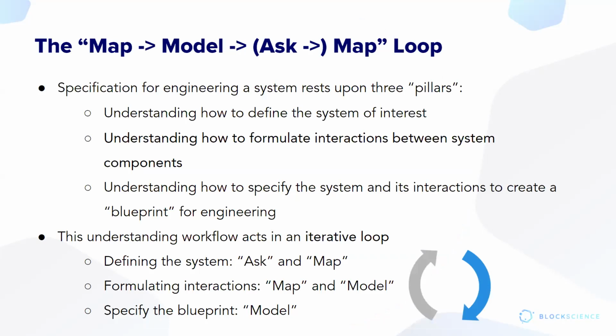So iteration, we can think of it lots of different ways. And here we're in that smaller loop that we've been talking about, where we've been talking about the map to model and that loop. That's really where we are right now with this project. You stay in that loop a little bit until you're sure that you have something that is meeting the first set of requirements before we go into